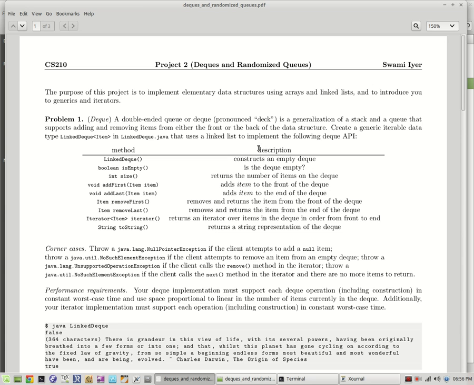All right, so the first problem is called Deque. Here you're supposed to implement a data type that models a double-ended queue, or a deque. A deque is a generalization of a stack and a queue, and it basically supports adding and removing items from either the front or the back of the data structure. So what you want to do in this problem is implement an iterable data type called LinkedDeque in the file called LinkedDeque.java, and you're supposed to use a linked list to implement the deque API,